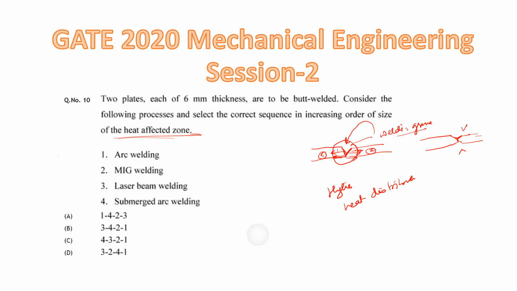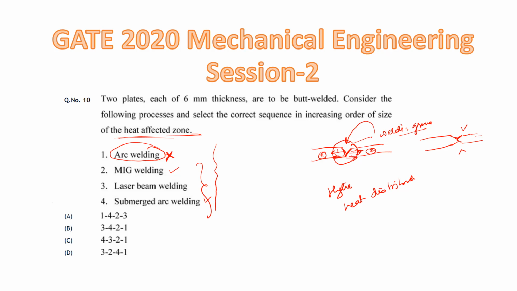Okay, so you see different welding processes. The first is the arc welding. There is confusion regarding this arc welding because MIG welding and submerged arc welding both come under arc welding. So if you study arc welding, then in arc welding there are different types of welding basically. So why it has written just simply arc welding, I don't know. So I will not consider this option because it is creating some kind of confusion. Okay, so now let us see these three: MIG welding, then laser beam welding, then submerged arc welding, right?